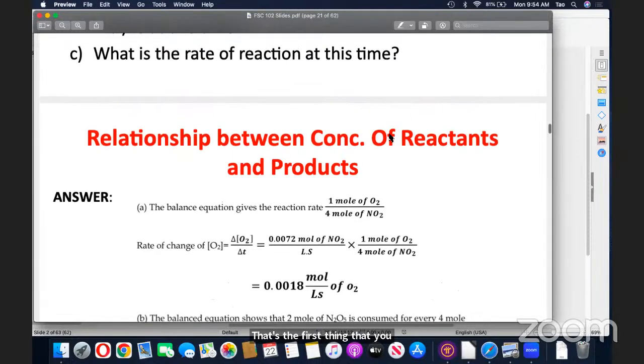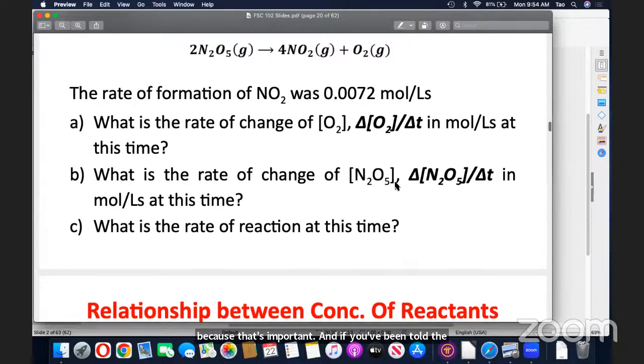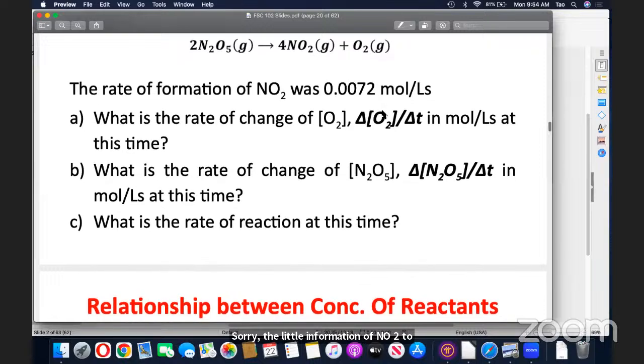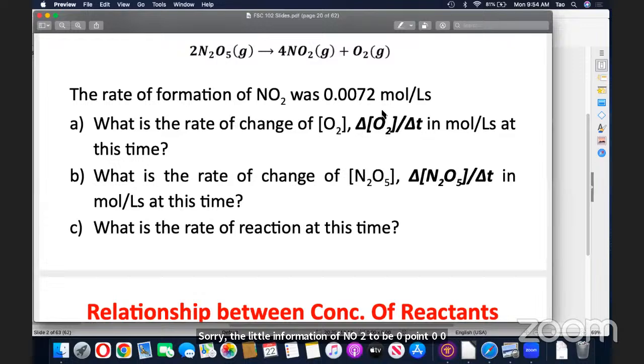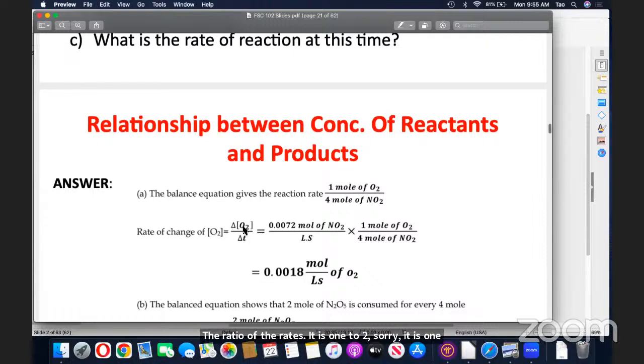And if you've been told the rate of formation of NO2 to be 0.0072, and the ratio is 1:4, you already know that you're only going to divide this by 4, because we already know the ratio of their rate. It is 1:4, and that's why now your rate of change of O2 will be 0.0072